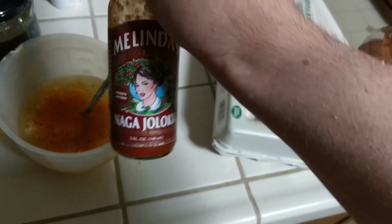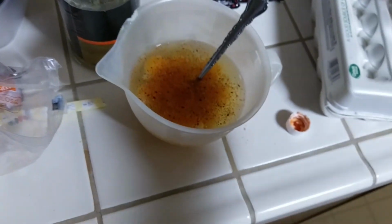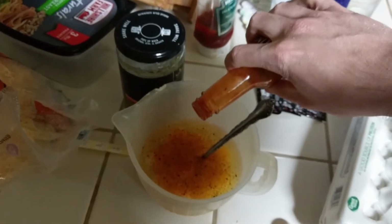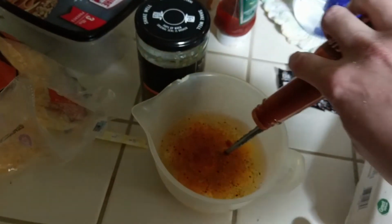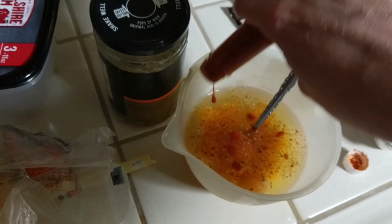Here's some hot sauce. This is ghost pepper sauce. This is optional. You don't have to put hot sauce in it. Usually you can leave the hot sauce for after. You just put the taco seasoning, and that's pretty mild. All the hot sauce is optional. You can make these scrambled eggs without any of the spiciness. You can make it without salsa. You can make it with salt and pepper. You don't even have to have pepper. If you don't like pepper,